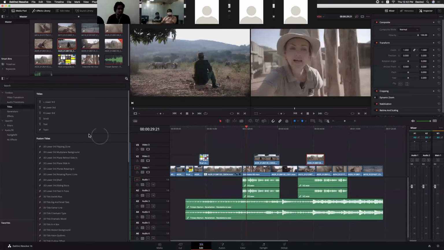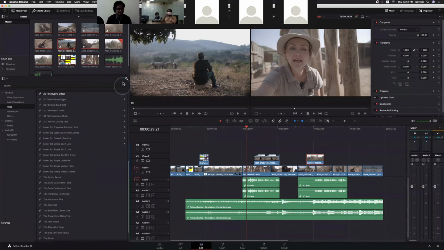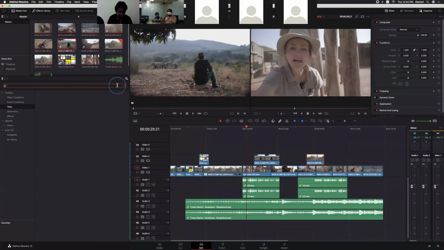Sir, is there any filter called glow? Glow. I think you will find, I'm not sure, a glow filter, different kinds of light ray filters.